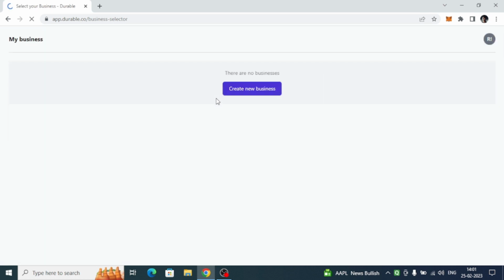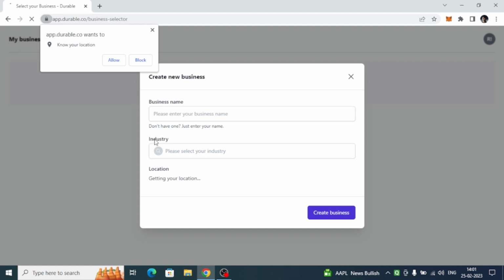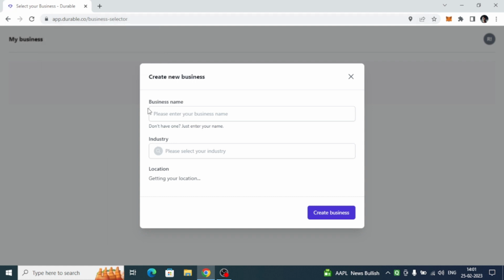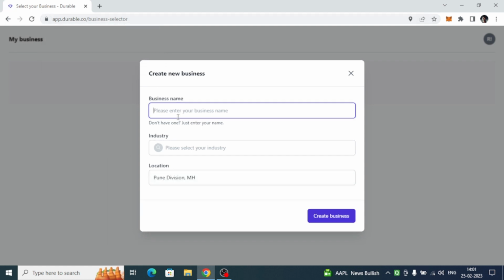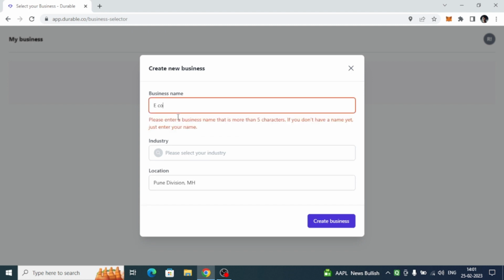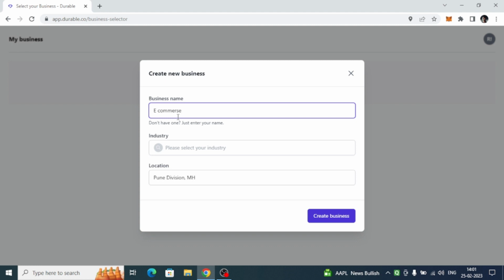So it is redirecting us to the website, and I will show you how we can create our website in less than 1 minute. Here there is a create new business, then I will click here allow, and we'll say our website is e-commerce, or we can say the name of the website is